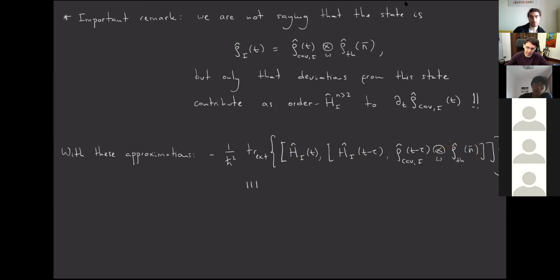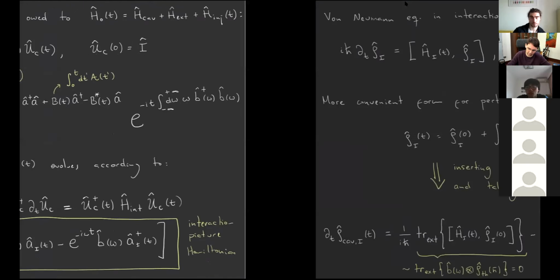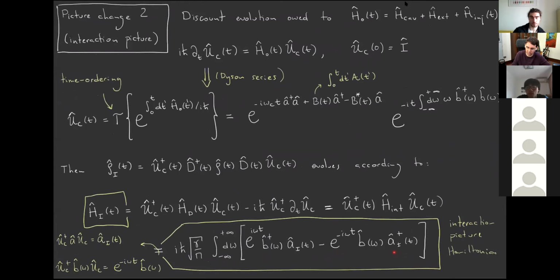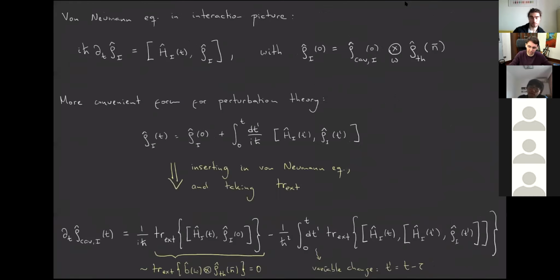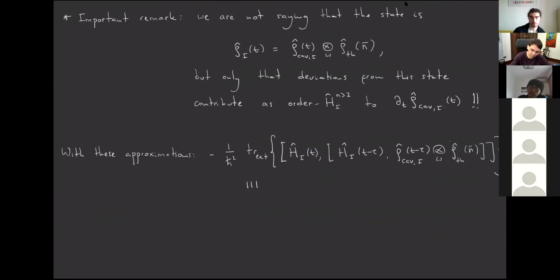So how many terms do we get of those? We get 16 terms just because we have a double commutator. So we have 4 terms already. And then each of the Hamiltonians has 2 terms. It's a sum of 2 terms. So I remind you here, this one and this one. So in total, we will get 16 terms,